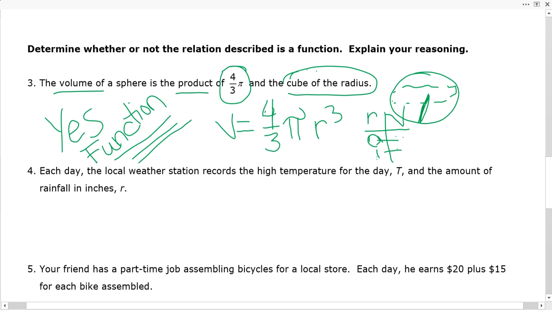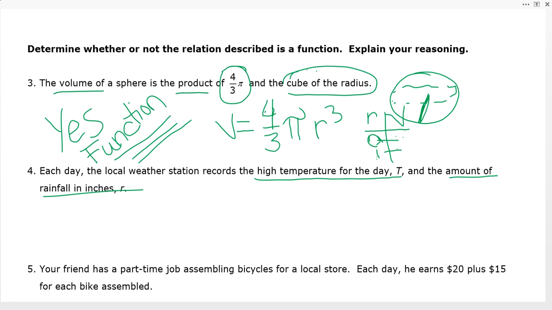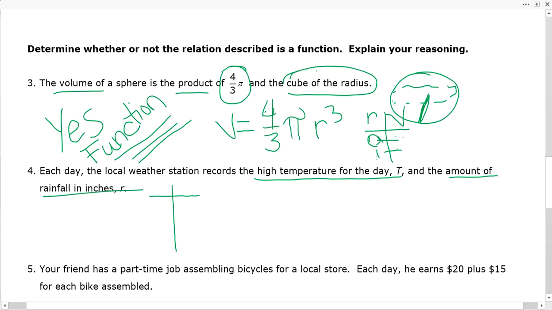Okay, number 4, okay, we're doing high temperature for the day and the amount of rainfall in inches. The easiest way I can think of to think about this is to make kind of a t-chart. So we would have the temperature and rainfall. So every day, okay, we have the high temperature and how much rain falls. So if the high temperature was 70, there could be however much rainfall there is, right? If the next day the high temperature is 70 again,